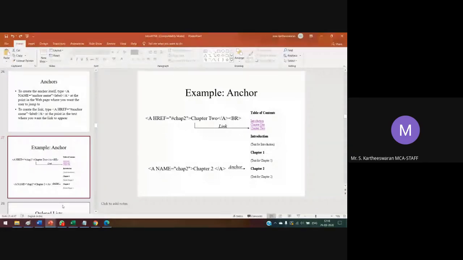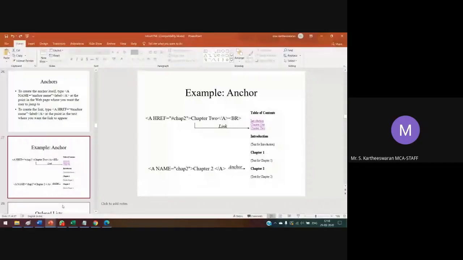You have to create the anchor tag for the link for the already downloaded content. You have to create a link for the web link as well as the document link. Here we have to use links for the document, introduction, chapter 1, chapter 2, using the a anchor tag.